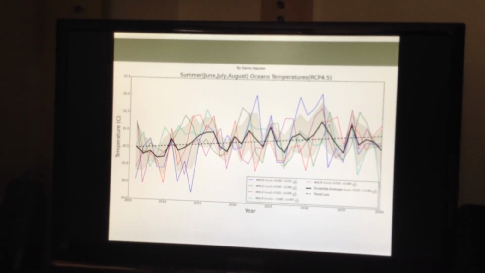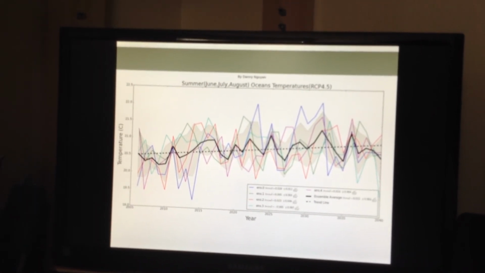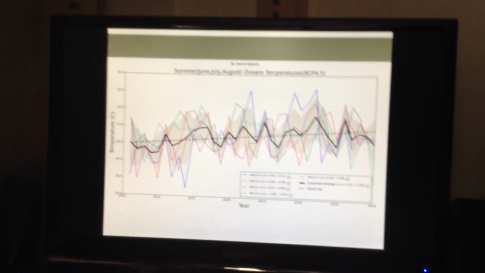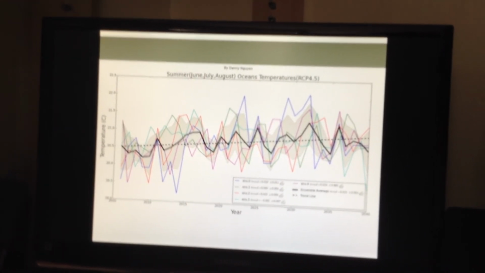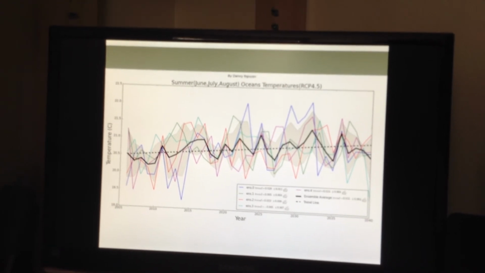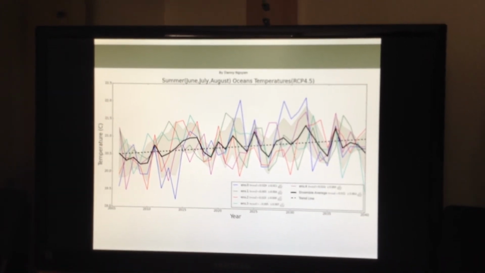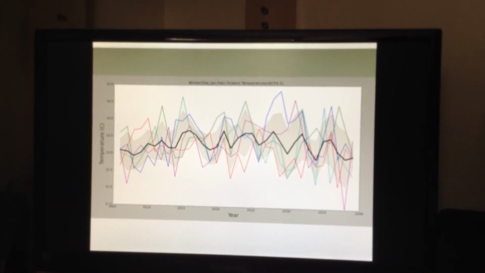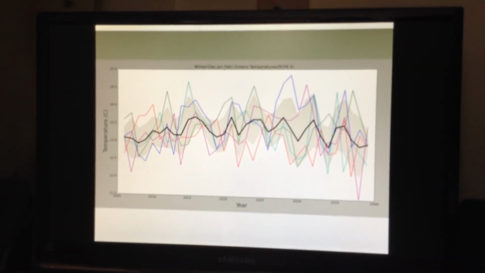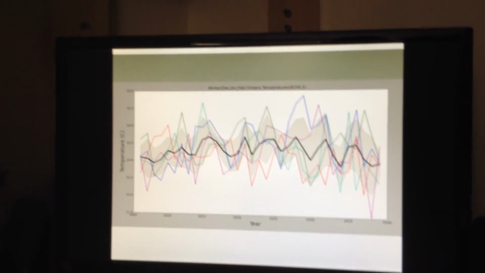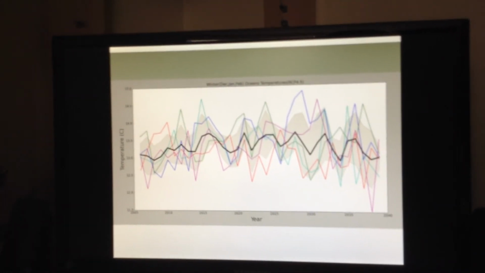So I got curious, so I took the ocean dataset and separated out the summer years and the winter years. What I found in the summer years is that the temperature is increasing much faster when compared to the annual rate of the oceans. And as for the winter, the temperature is staying consistent, which shows that the ocean is slightly increasing, but not at an alarming rate compared to summers.